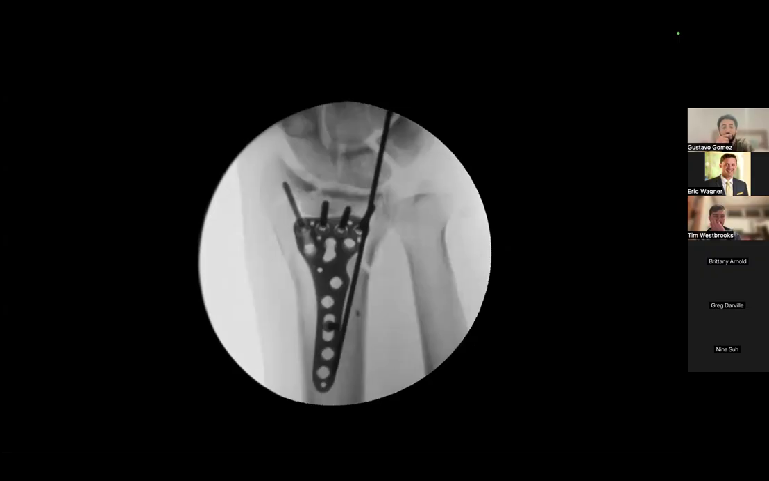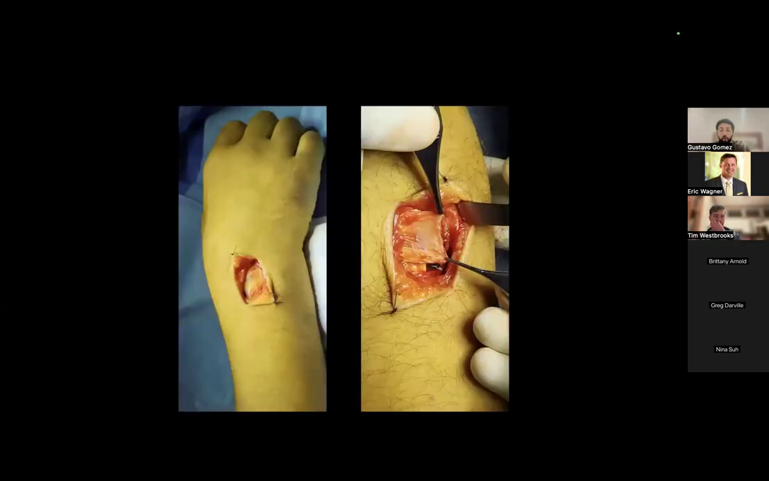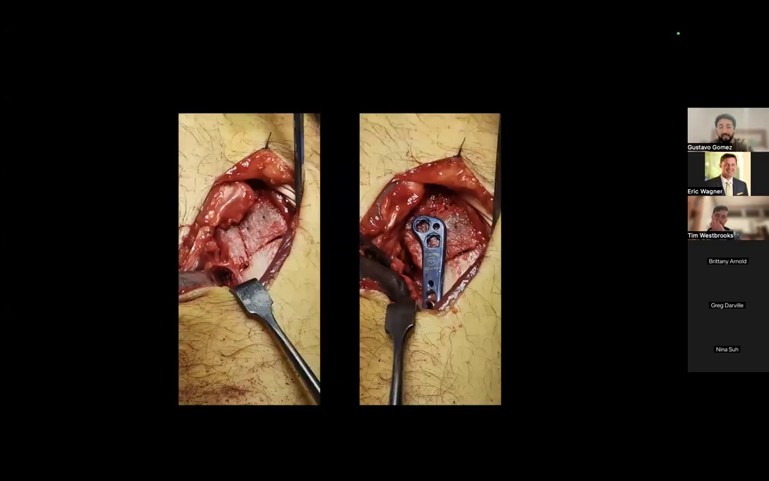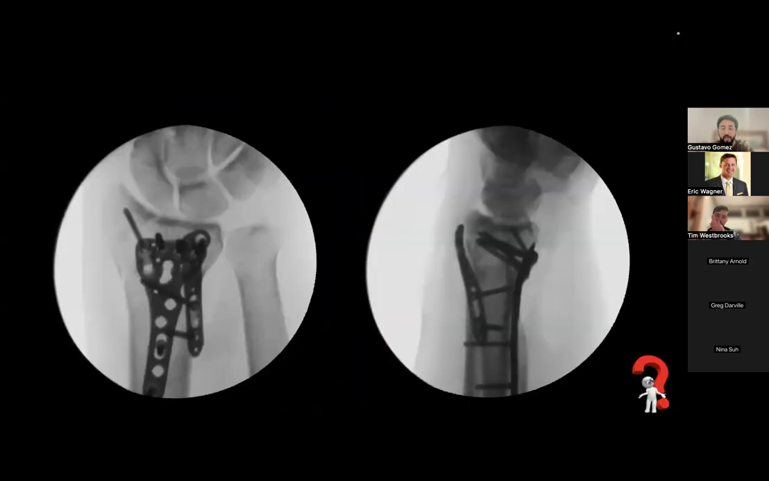Here you can see a very nice reduction under fluoroscopy. So we go to this minimally invasive dorsal approach in order to place just this dorsal specific plate. And you can see here the very nice